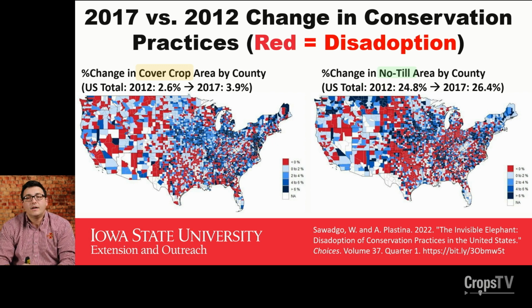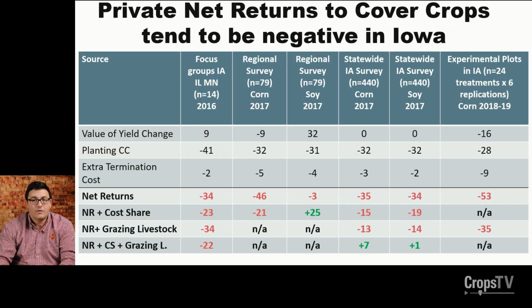So it's important to highlight that although overall both no-till and cover crops are becoming more common across the nation, not every county in the nation is increasing the adoption homogeneously. And the reason behind that, there are multiple reasons, societal reasons, but I will focus on the economic reasons. We conducted several studies in the state of Iowa and in the Midwest with different groups, different teams, and from 2017 to more recent